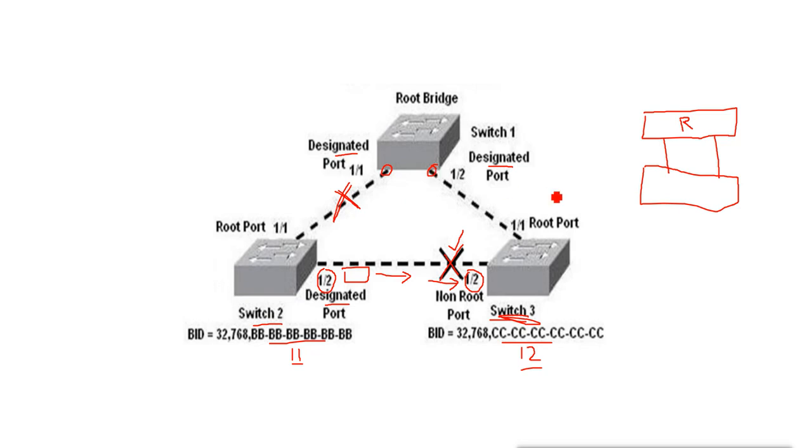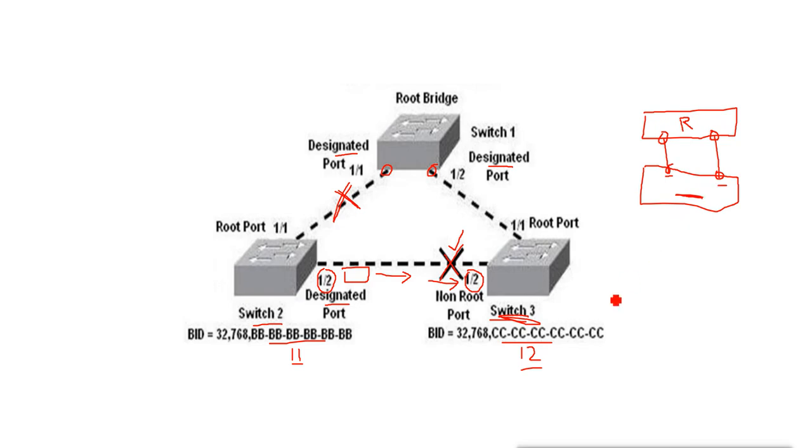So if you have two switches connected like this, it does not normally happen. But if you do that, and this is the root bridge, now this port and this port cannot be disabled. These ports will remain in forwarding state as designated ports. But remember, it is creating a loop. So this switch has to disable a port now. It has two ports here, this one and this one. Now one of the ports has to be disabled, either this one or this one. Now how will it decide which port to disable?